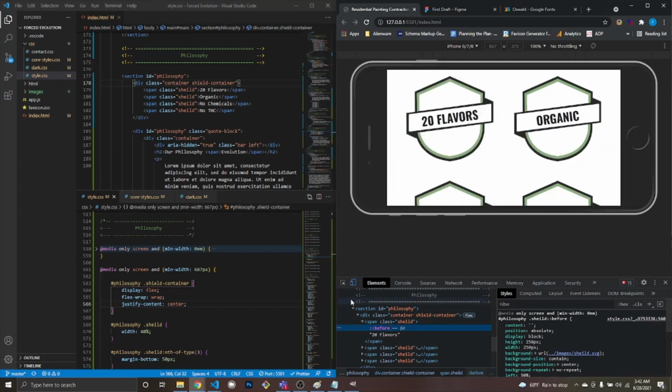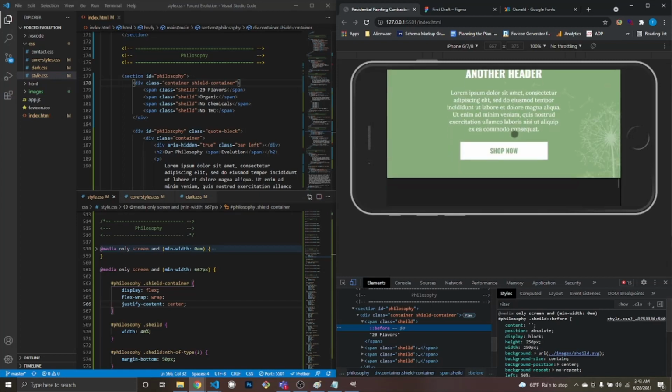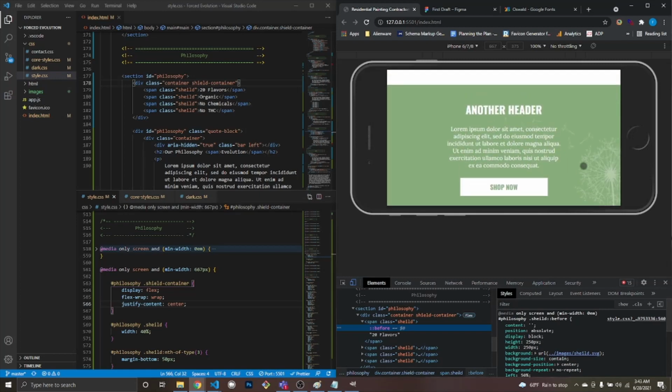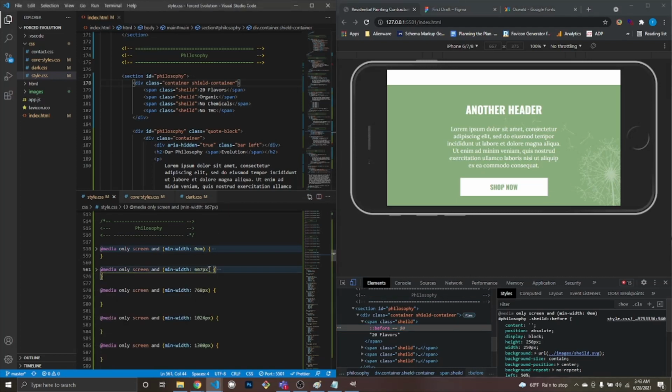That's what's nice about using pseudo elements as background images, and just attaching them basically to their elements, so it makes things easier. That's good. That looks good. I think here is where we can do our two trees. So I'm gonna copy this,